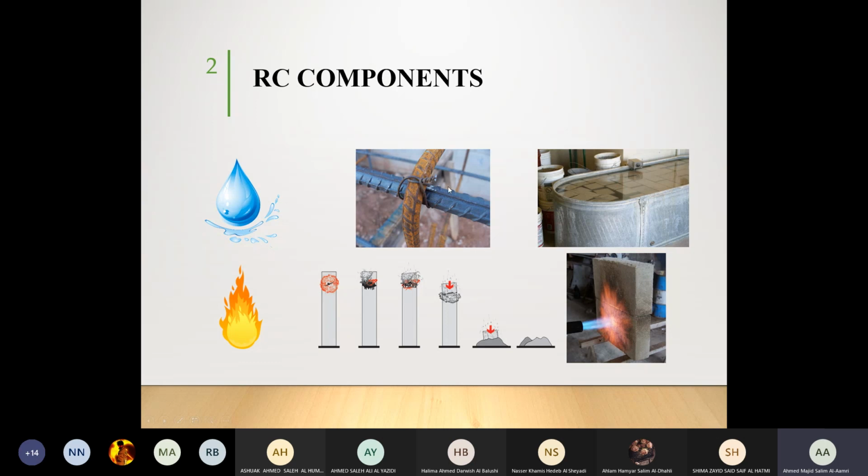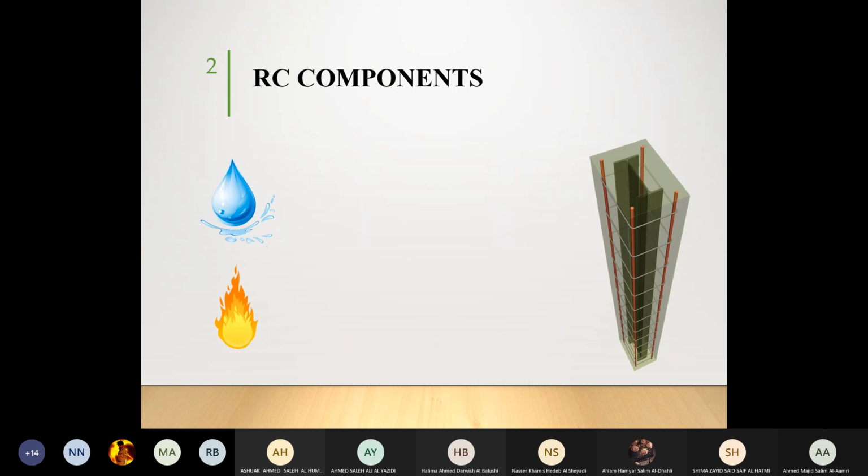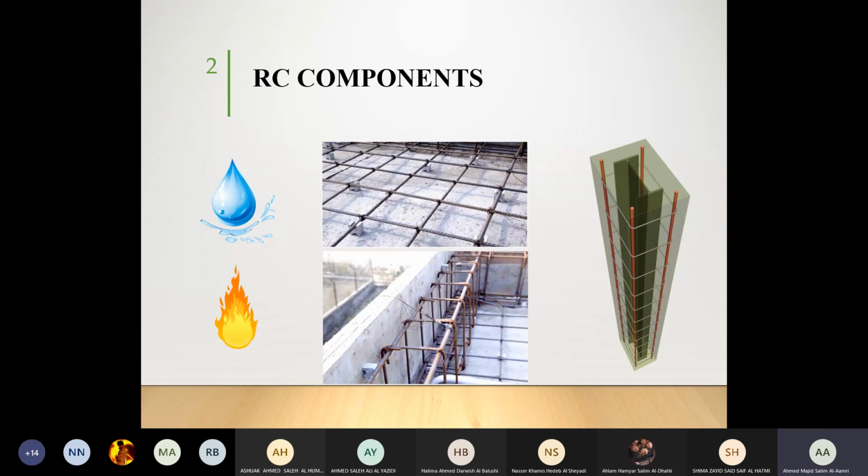Now, how would you solve the problem of the steel having rust or corrosion? How would you protect your element from having corrosion? You will be protecting your element from water or corrosion by applying good cover. You have studied cover, right? Do you remember cover? Yes. Concrete will not be painted by applying cover. Can you see the cover here?